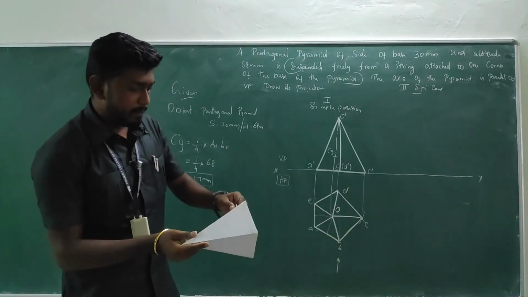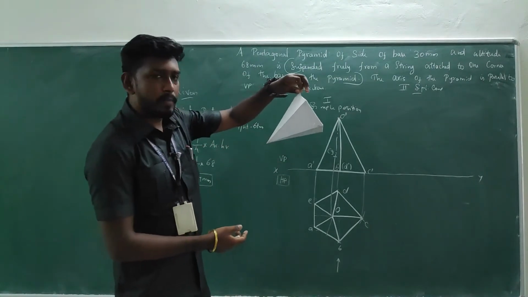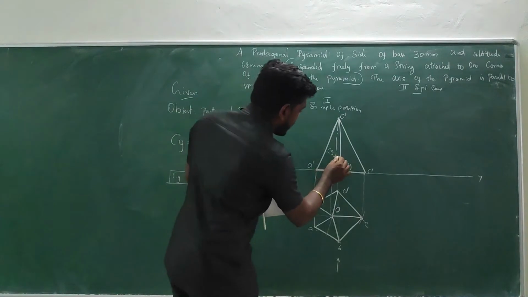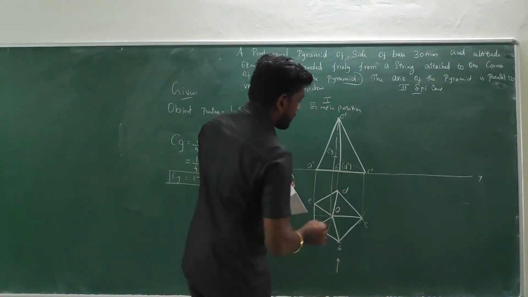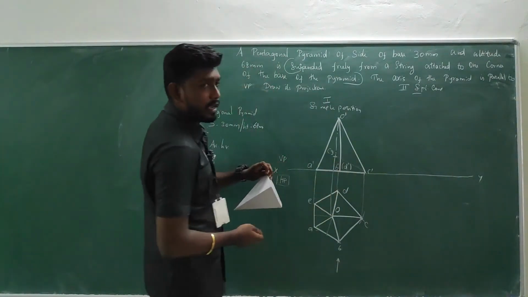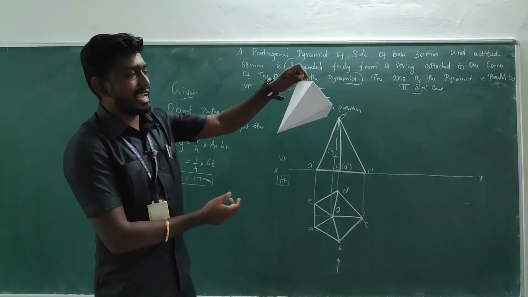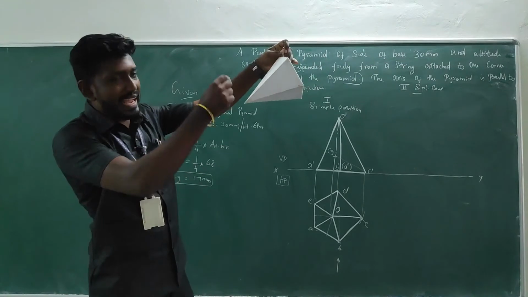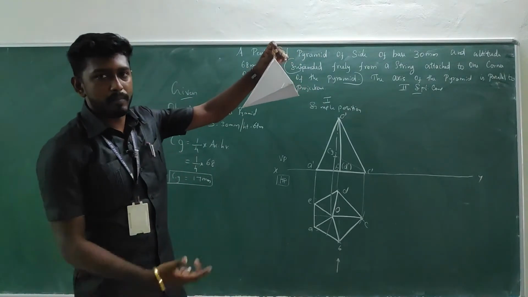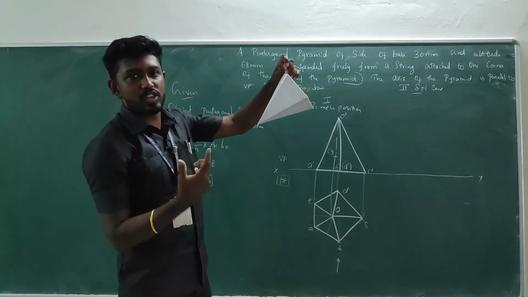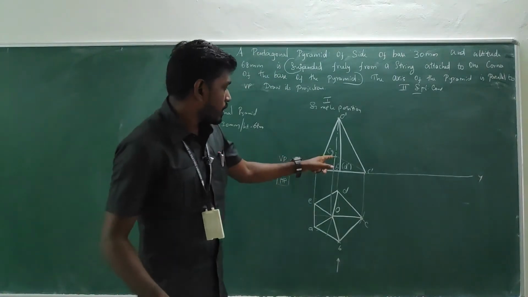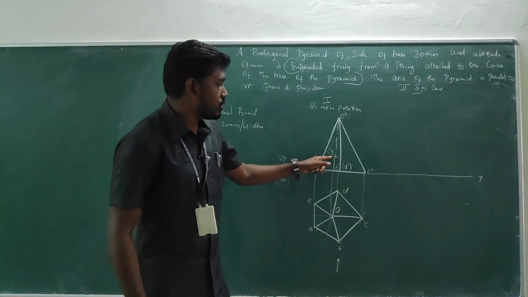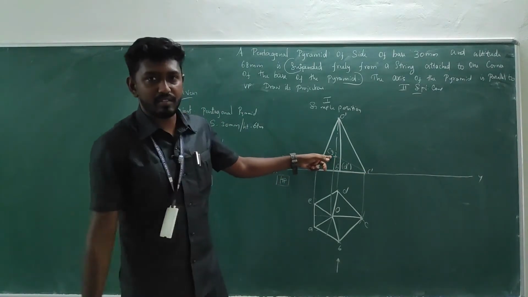When you are suspending, so we must know this. If I join the CG point with C, the corner at which we have tied the string, that particular line will be a straight line when it is suspended. Okay, the CG line will be a straight line because of gravity. So I am going to draw the CG line, the line connecting C to CG, a straight line first.